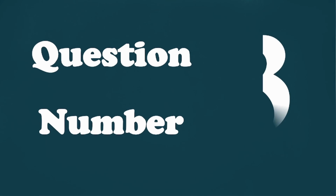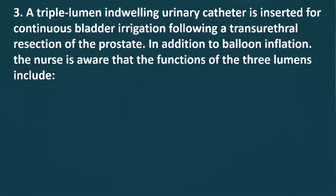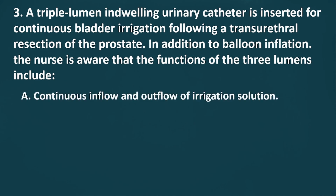Question number 3. A triple lumen indwelling urinary catheter is inserted for continuous bladder irrigation following a transurethral resection of the prostate. In addition to balloon inflation, the nurse is aware that the functions of the 3 lumens include: